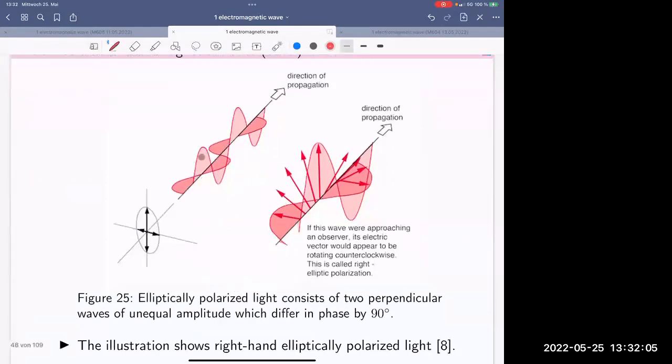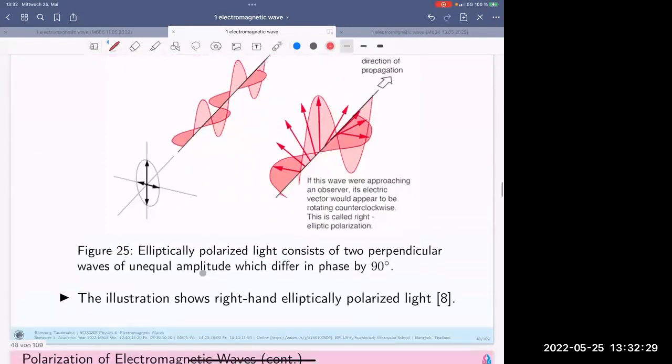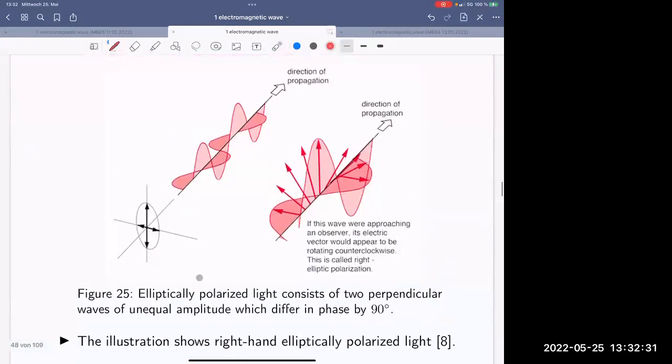The phase difference is still 90 degrees. We call this type elliptically polarized. Elliptically polarized light consists of two perpendicular waves with unequal amplitude, and they differ in phase by 90 degrees. The illustration of the right-hand elliptically polarized light